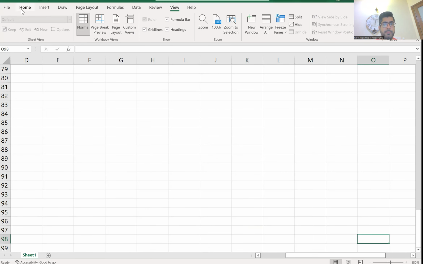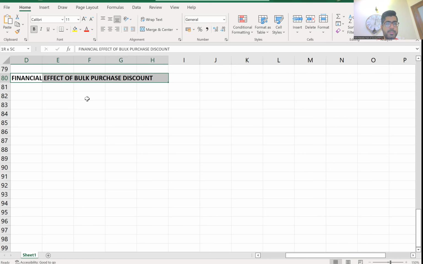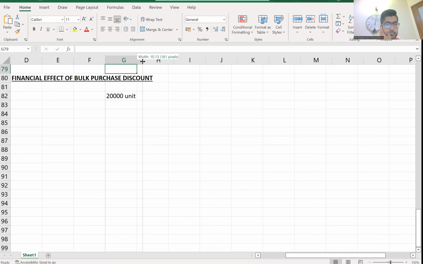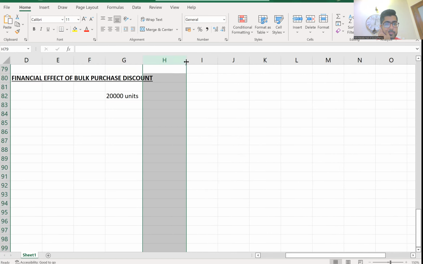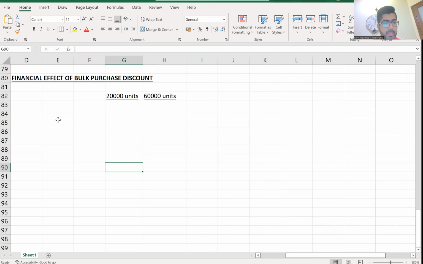Now it's a question of working capital management. Financial effect of bulk purchase discount. And bulk purchase discount is EOQ. Okay. Now, currently you are purchasing how many units? 20,000 units. And the supplier is offering you a discount if you purchase 60,000 units. So I have taught you in my classes that currently you are purchasing 20,000 units, but the supplier is offering you a discount at 60,000 units. So you should check